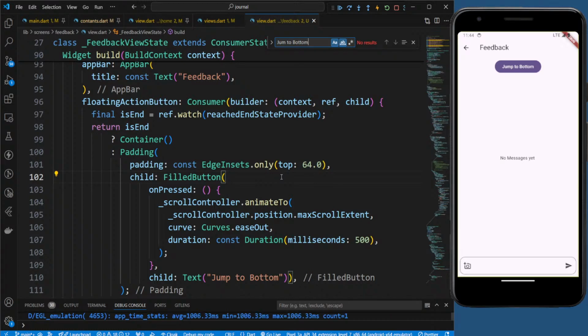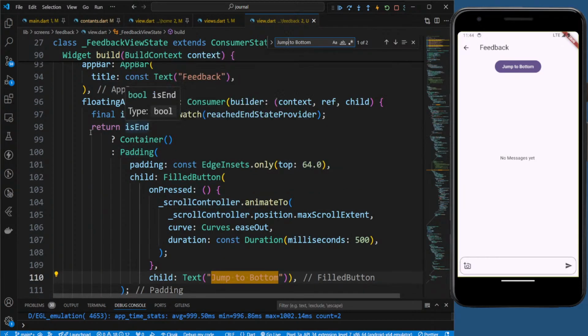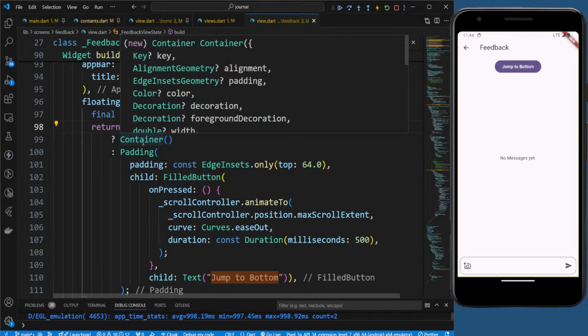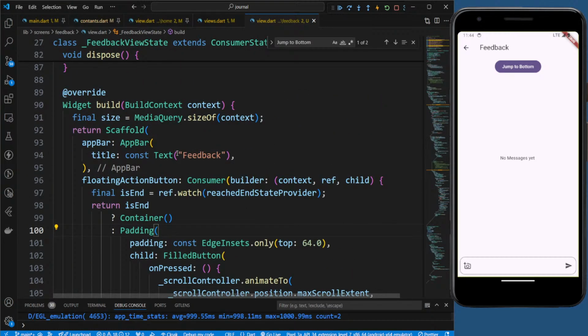Come to bottom. Here we get this bottom button: if it's the end, then show this, or else show that. Currently it isn't, because we don't even have that. So what we can do is